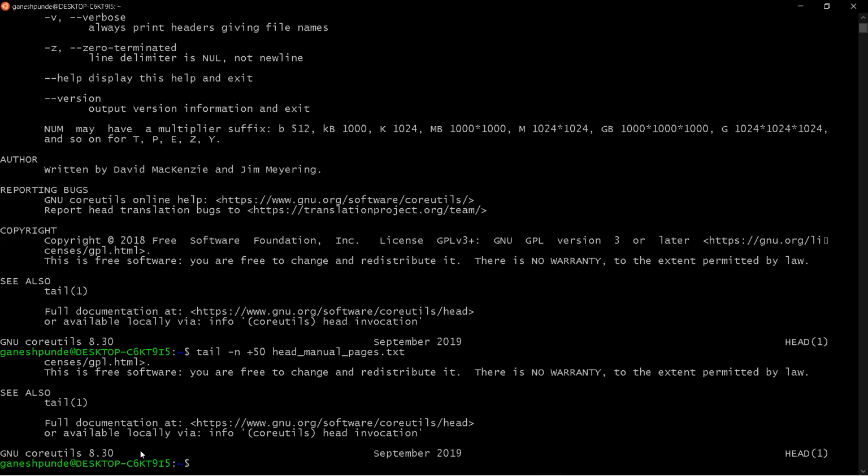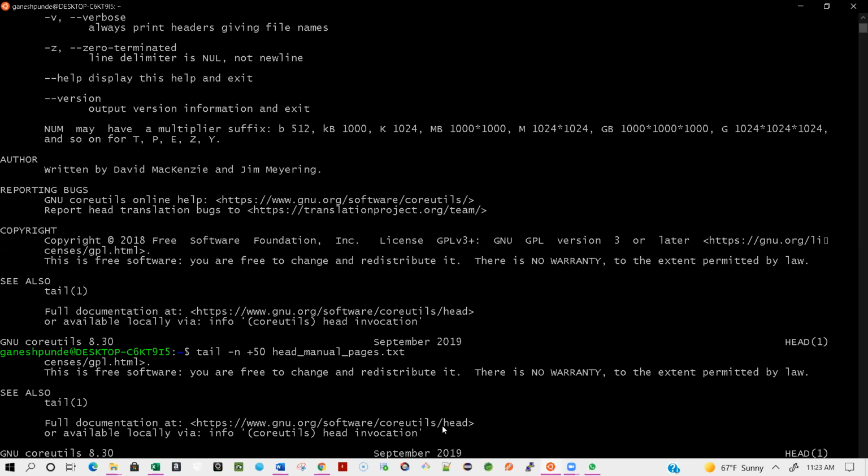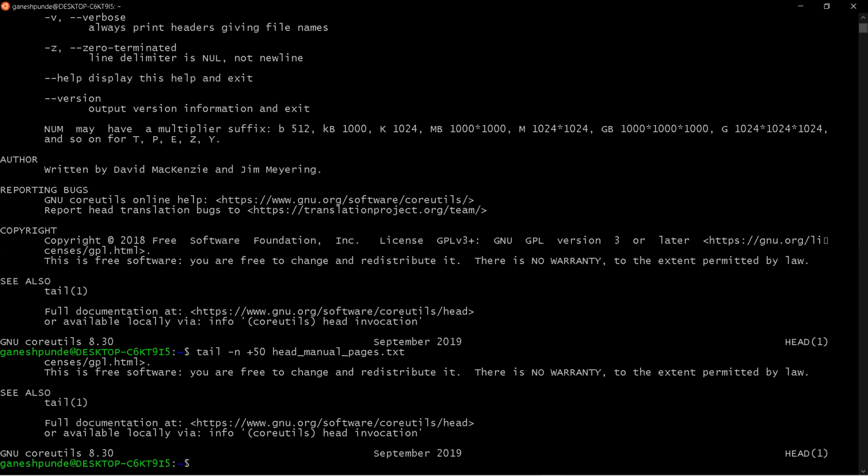The head is used for displaying the content of the file from top to bottom, and tail is used to see the content of the file, but it will show the bottom of the file.